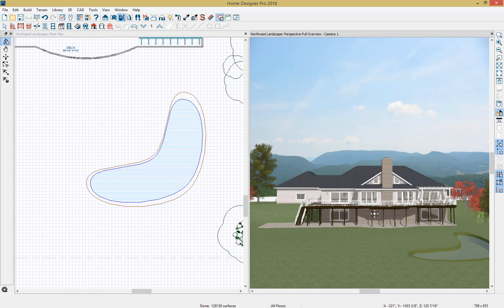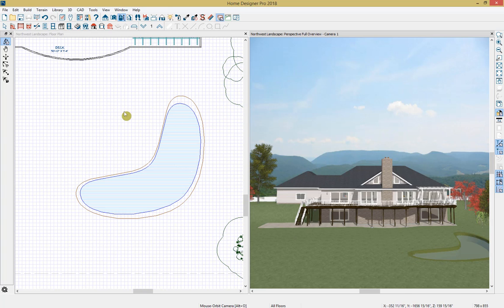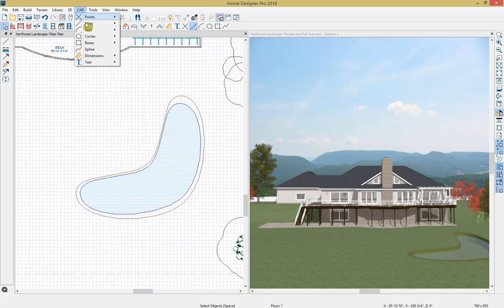So now I want to show you some of the different sunlight options. Whenever you create an exterior 3D view, Home Designer software creates a default sunlight source for you. With Home Designer Professional, you have the ability to be very specific in modeling certain times of day and adjusting that default sunlight source. So from your plan view, if you come up to CAD, you can go down to lines